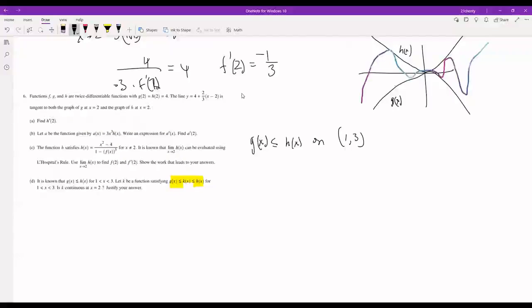Which means, oh, and also, k of x lies between those two. Which means by the squeeze limit theorem, oh, that is not pretty. By the squeeze limit theorem,